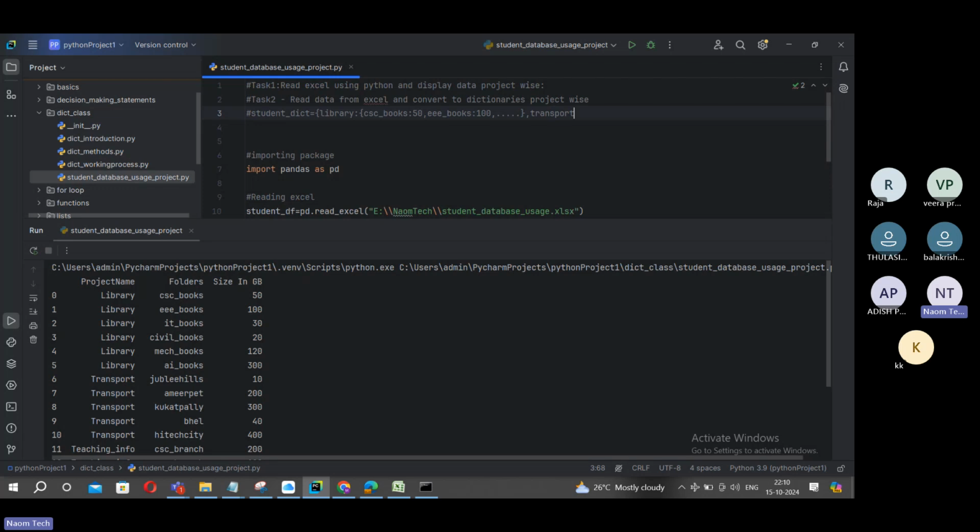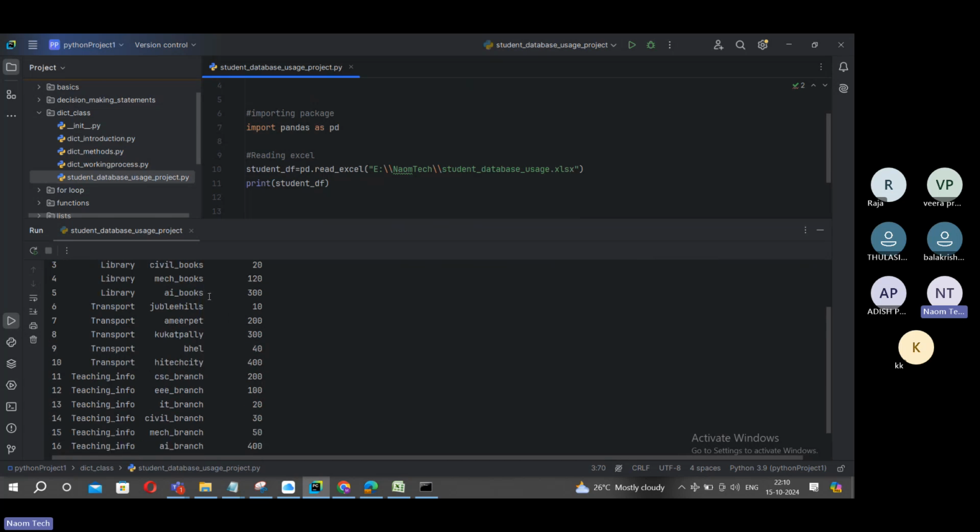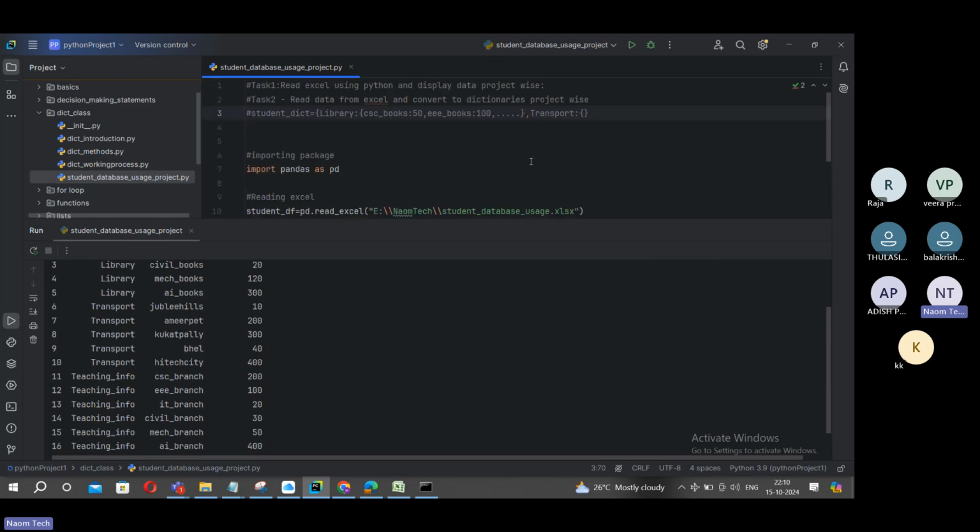And here you can use uppercase as mentioned here. It should be something like library, and something here like transport. It's up to you. Generally, it will be in lowercase, no problem. And the third one is here. Open this, and again all that transport details, Jubilee Hills, that routes and size of that data should be in the key value pair. Okay, so what is that? Something like